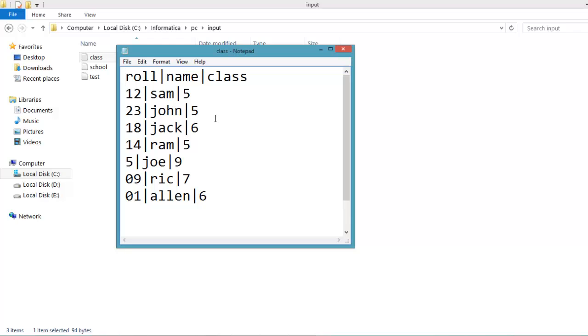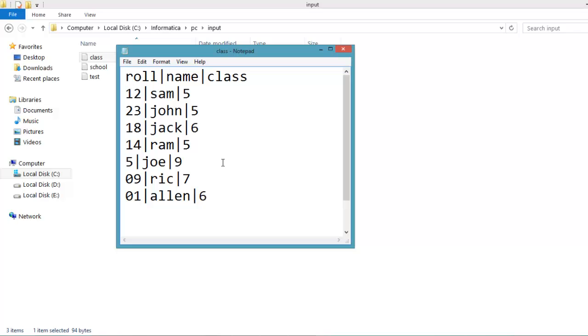Now if we want to distinguish between them by separating them by class, say if we want to filter class 5 and class 6 students, then we can use the router transformation